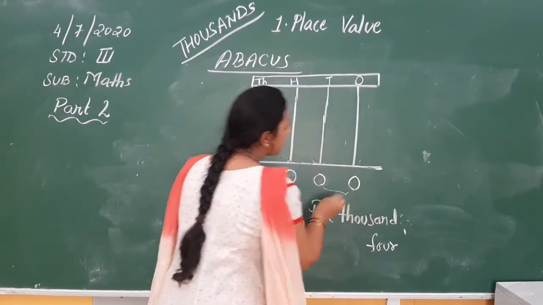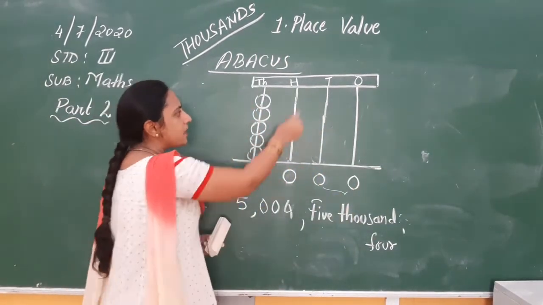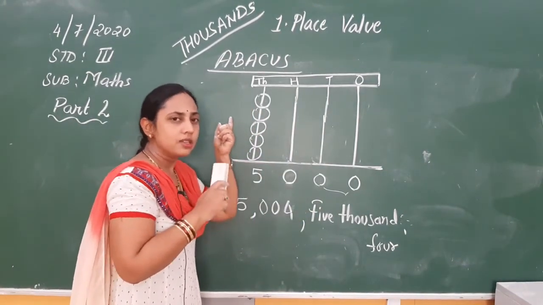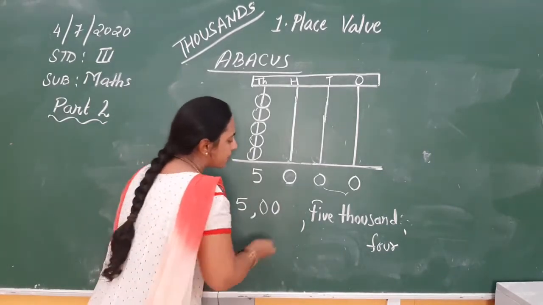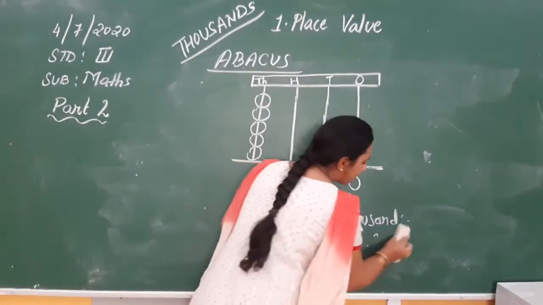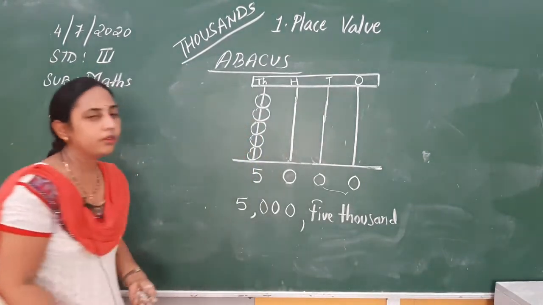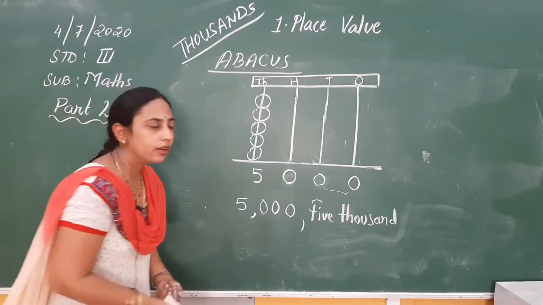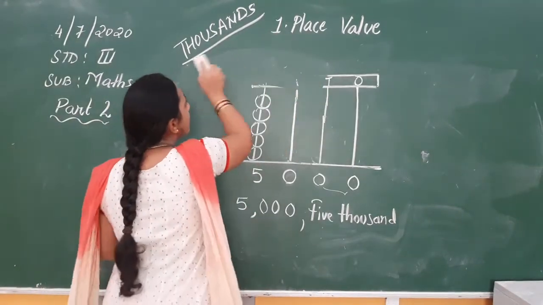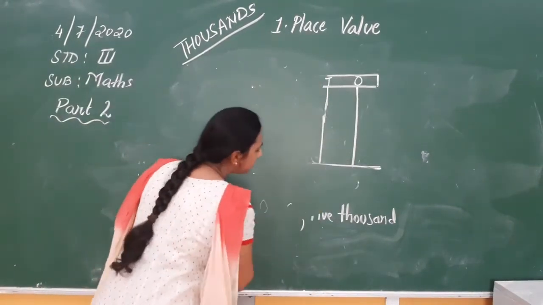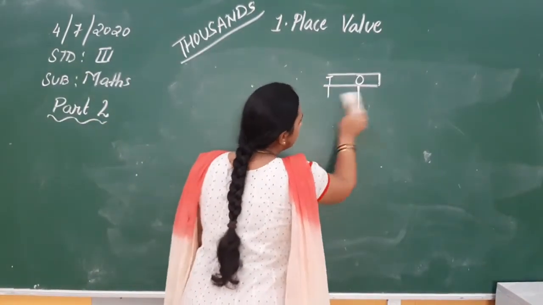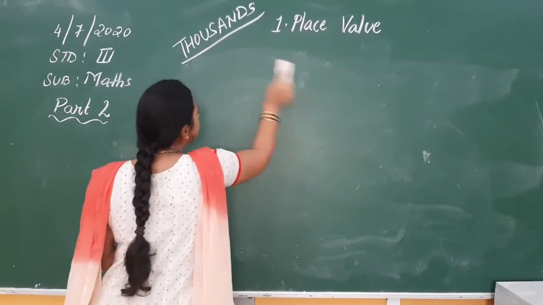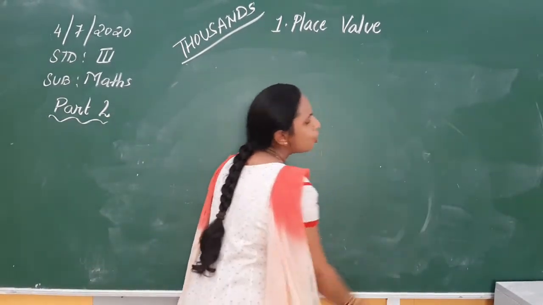And suppose if there is nothing here also, chalo, nothing is there. So this will also become 0 in the ones place, hundreds place 0, tens place 0, ones place 0. So it is the same number that we discussed in the starting. It will become only 5,000. Nothing will be there, right? Clear? So this is how through abacus also we can learn the different numbers. We can change the numbers into number names or words. We can change the words into numerals.